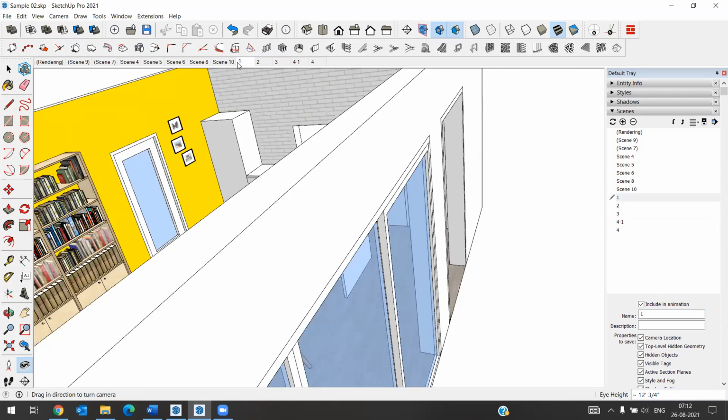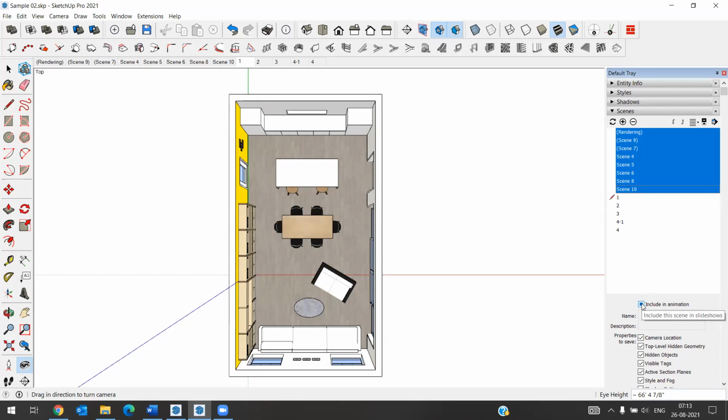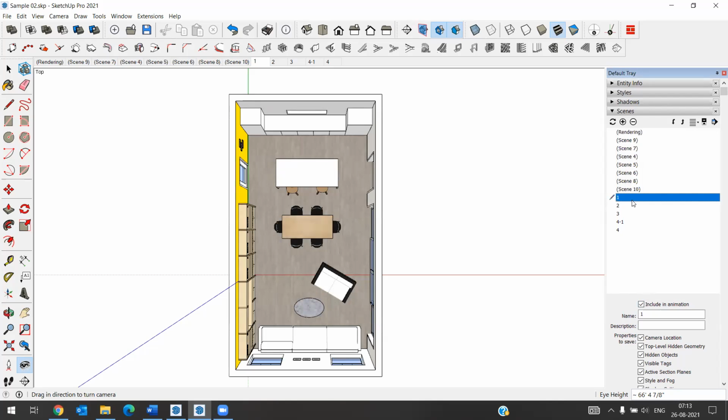After that, what I will do is, you have to select all the layers from starting to here, and you have to press shift and select this and unmark include in animation. Okay, after that you have to click this to here, you have to include that in animation.